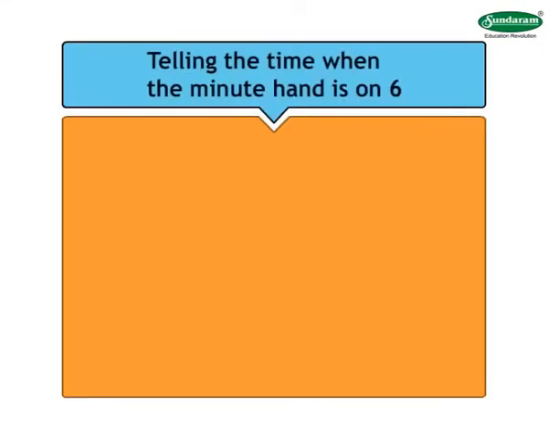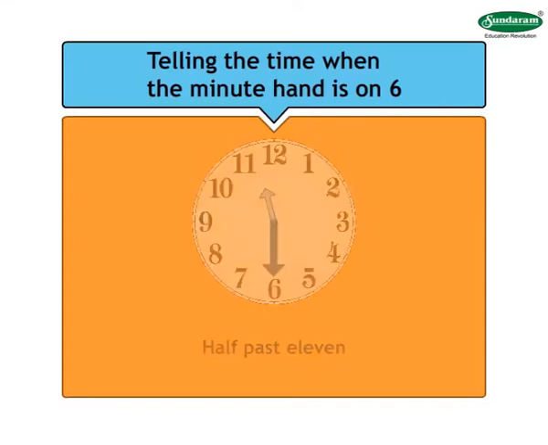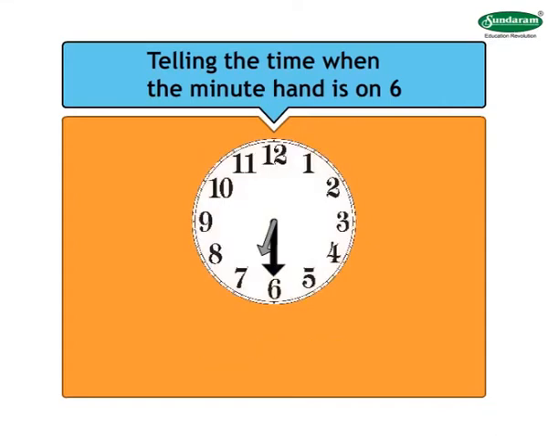Question 1. Look at the clock and write the time it shows. 1. In the first figure, since the minute hand is on 6 and the hour hand is in between 11 and 12, the time in this clock is 11:30. 2. Similarly, in the second figure, the time is